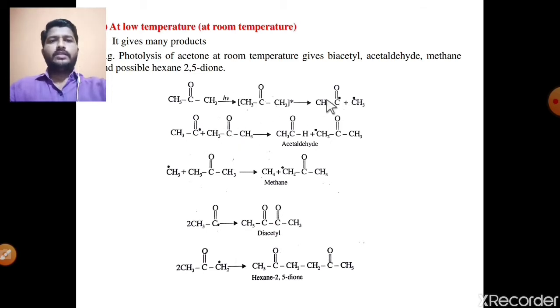Say the number second step: CH3C=O radical plus a second molecule of this acetone. Same, there is absorption of hydrogen from this acetone molecule. See, from this methyl group there is an abstraction of one H radical, it gives finally acetaldehyde, and by loss of this H radical, this CH2 group gains one free radical, meaning CH2 radical.